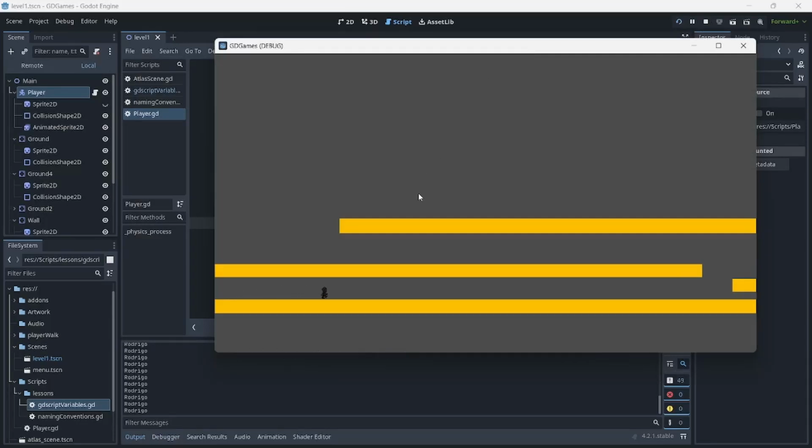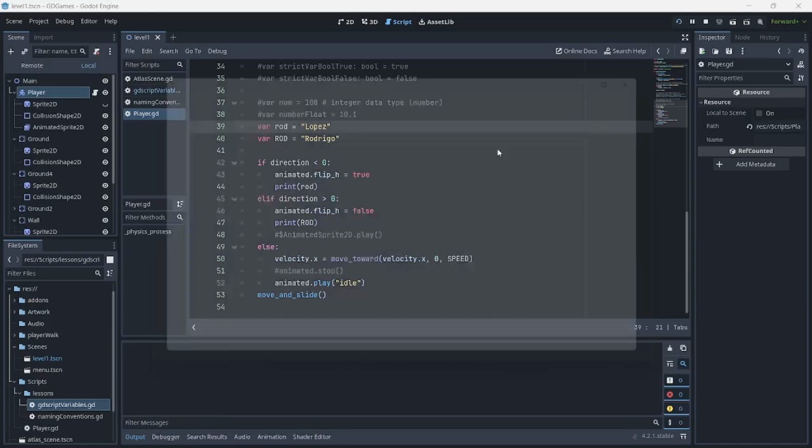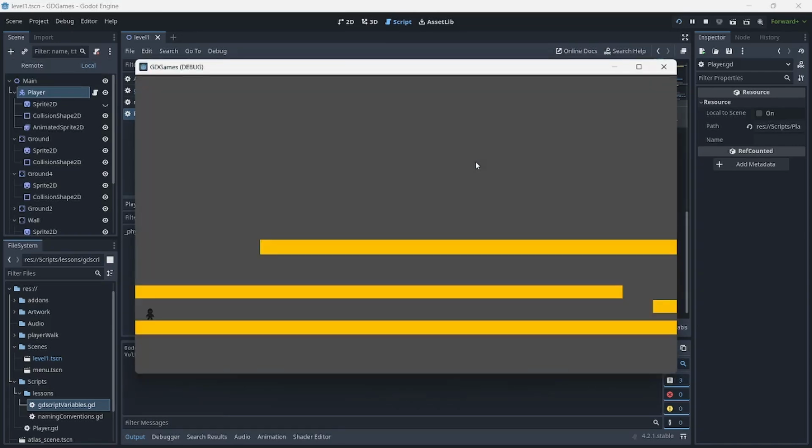Okay, so we can see Rodrigo is being printed out and Rod is being printed out here. So I can say Lopez here just to play a bit around with the variable declaration. So we can see Rodrigo, Lopez. So those are things to take note of when we are working with variable naming, specifically when giving sets of identifiers.